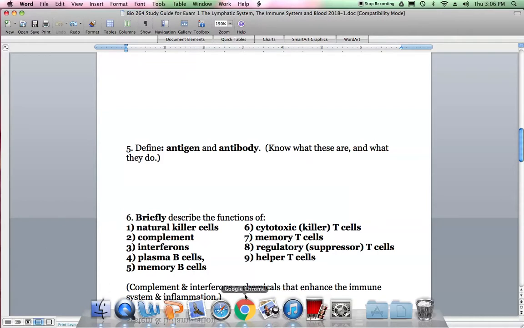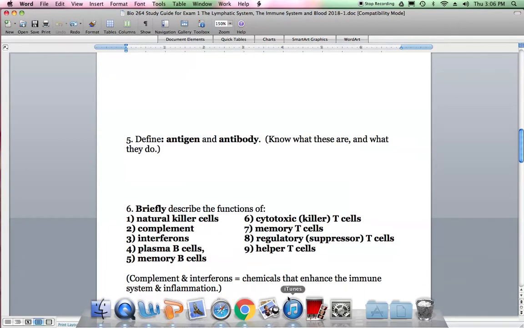Complement and interferons, and I listed these down here. These, remember, are the chemicals that enhance the immune system and lead to inflammation. One of the interferons actually will cause the body to develop a fever, an increased temperature by basically setting the thermostat higher. Our thermostat, in air quotes, would be located in the hypothalamus in the brain, and it will basically turn up the set point for our body temperature to be greater than 98.6 Fahrenheit